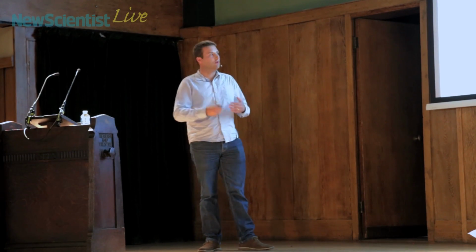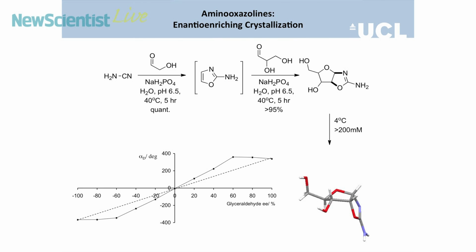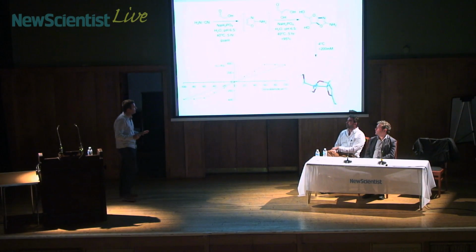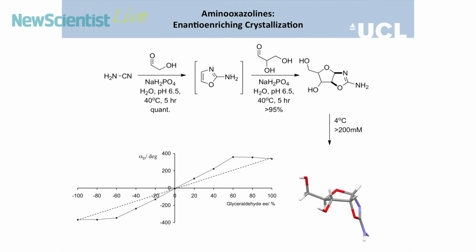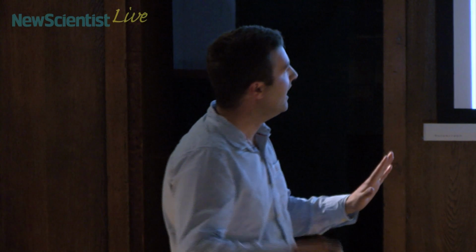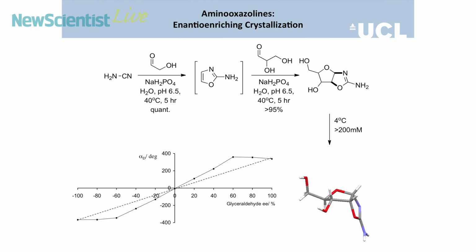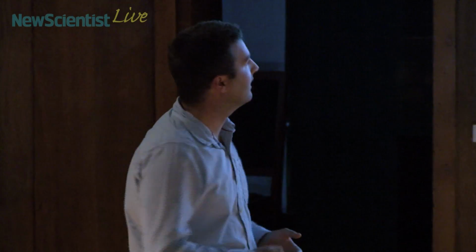Even better, if you cool this reaction to 4 degrees, the ribo form crystallizes from this mixture, pure ribo in its crystalline form. And this graph tells us something even more exciting about this crystallization process. So nucleotides are chiral. We've come across this term a number of times. This means, like your hands, they have 2 potential non-superimposable mirror images. Unlike your hands, only one form is found in biology. So only the right-handed, I'm drawing it on the left, they're usually called the right-handed, but only the right-handed